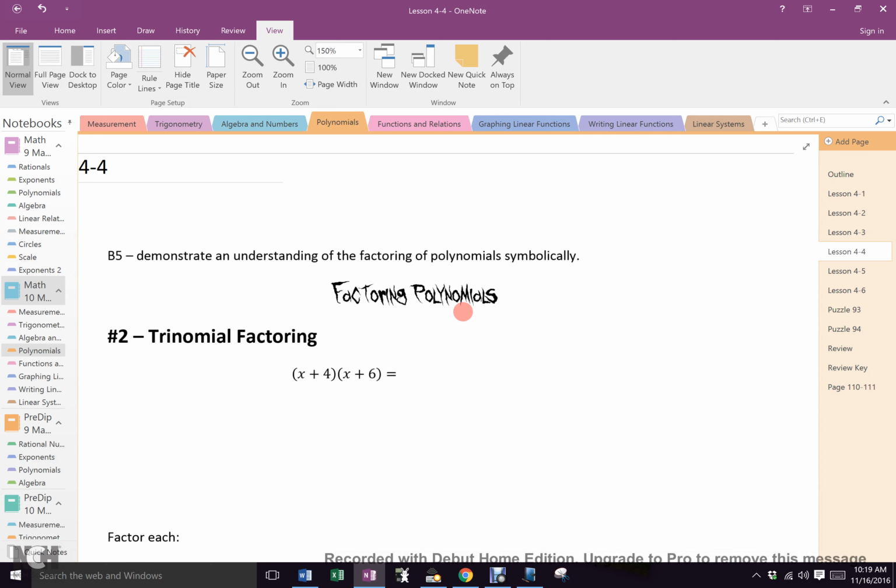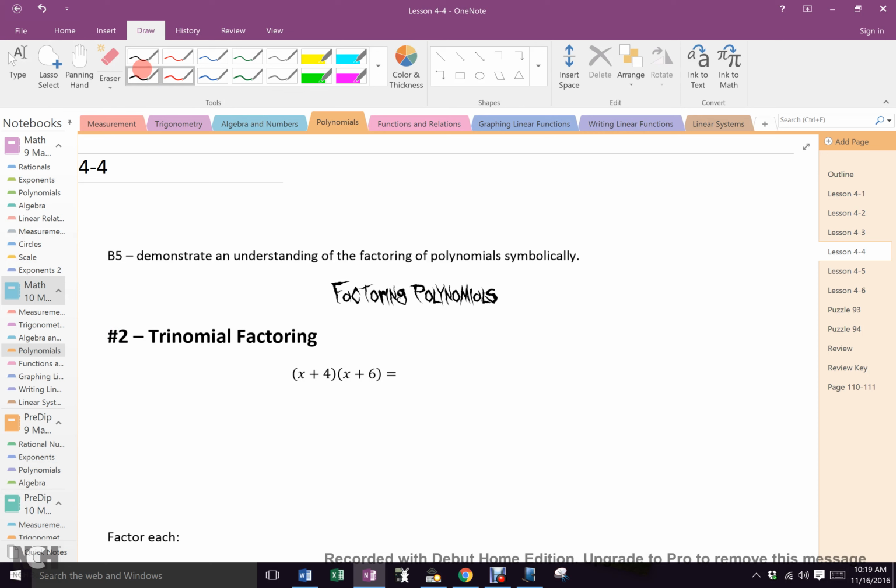Okay, so we have done one kind of factoring. We have done GCF factoring. Notice this is number 2. So just to remind yourself, let's remember,